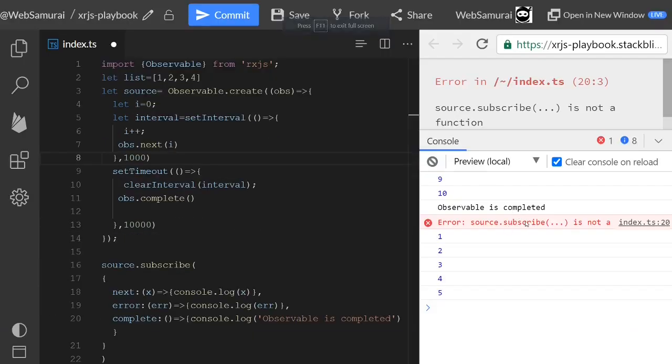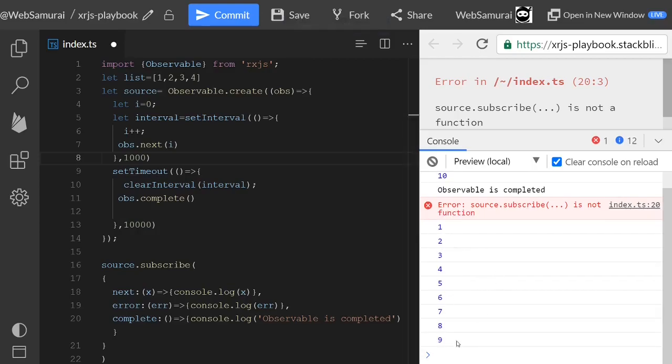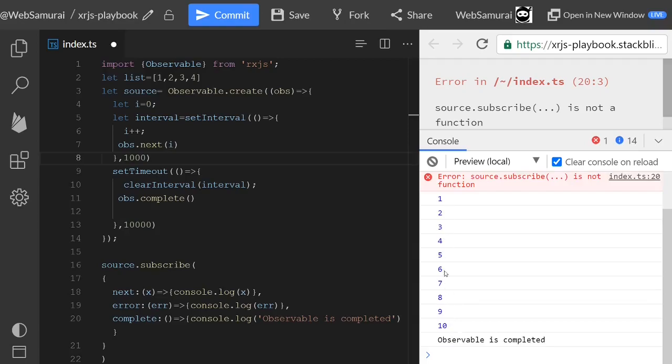Now we can see that values are produced after each second, and after 10 the observable completes. In this way we can create an asynchronous stream, and the observable gets the values in an asynchronous way in the next method.